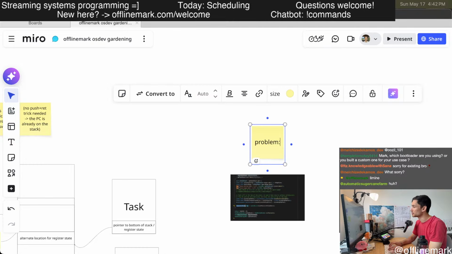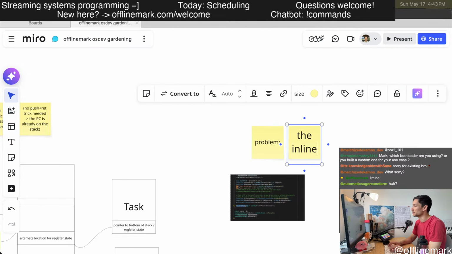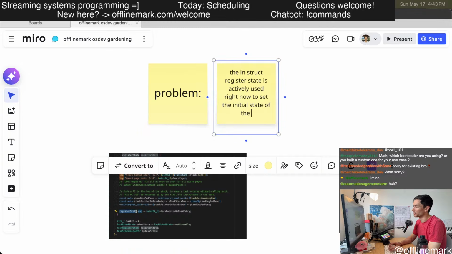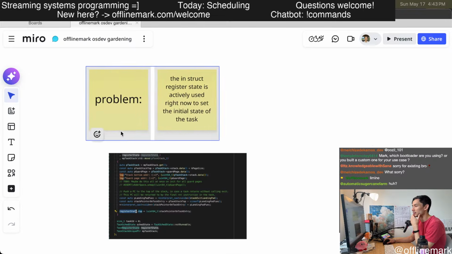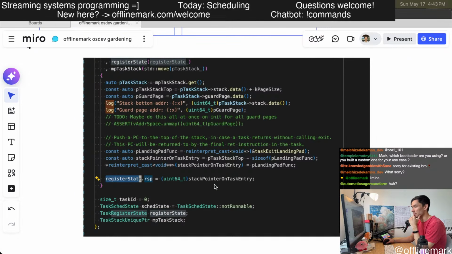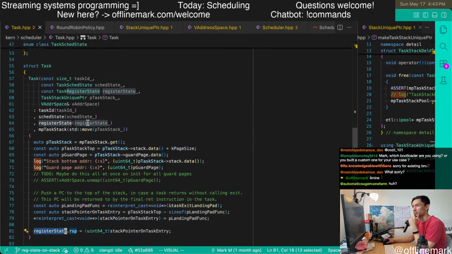So, problem: the struct register state is actively used right now to set the initial state of the task. So that's kind of interesting. Doing it this way makes it really easy to initialize the stack pointer. And also, what about the PC?